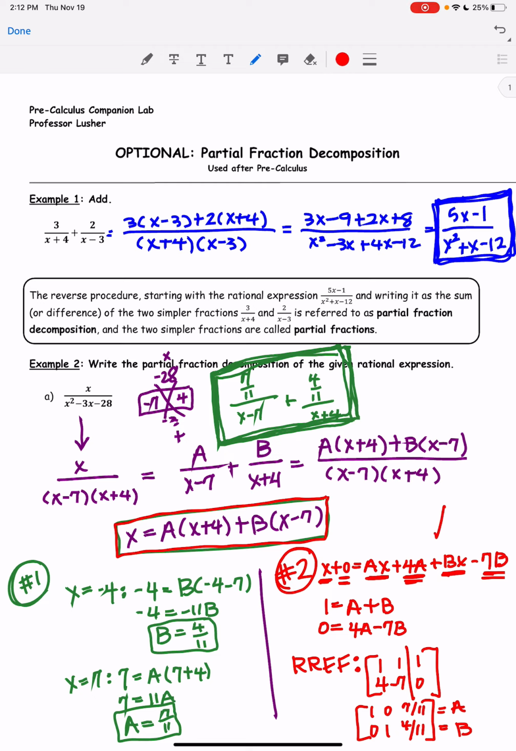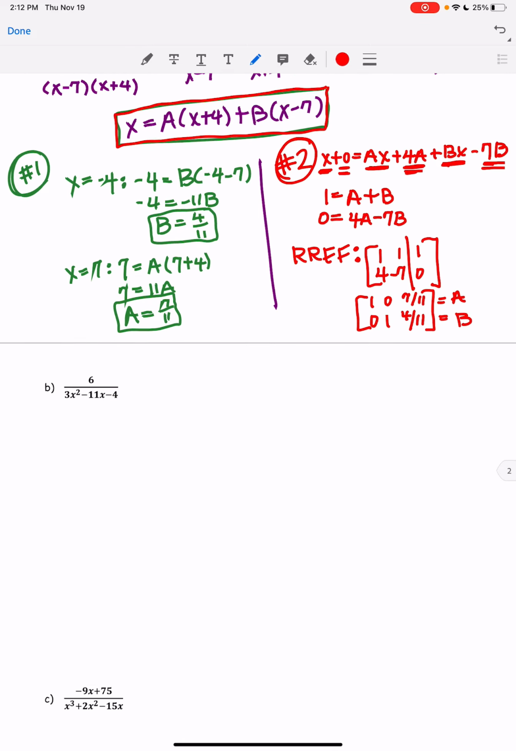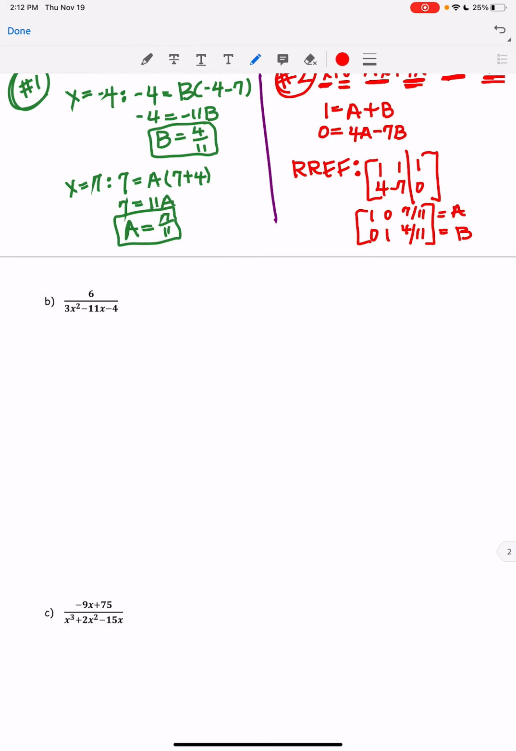Okay, I was advised to teach you this, and that is easy. It's not bad, but I do prefer this way here. So let's try 2 more examples. In part B, I'm going to use this method, and then in part C, I'm going to use this method. Okay, so on B,